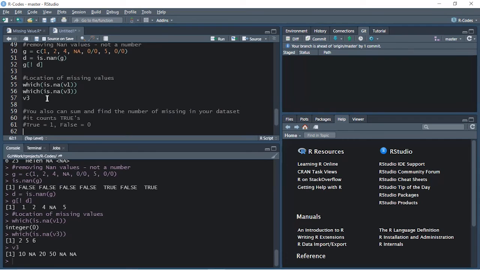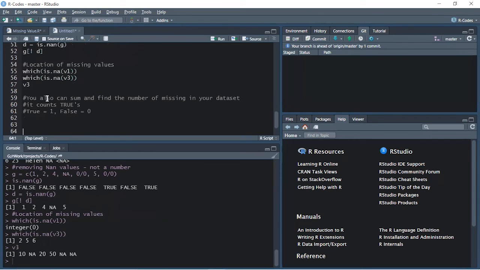Now, how do we know how many missing values there are if there is a large data frame? So let's use a small data frame for now and understand how to count the number of missing values. For that, I am using the sum function. The sum function will help us count the number of missing values. Now, how will it count?